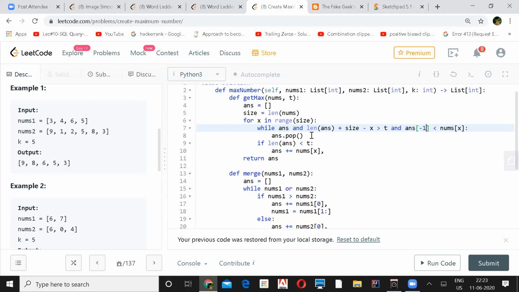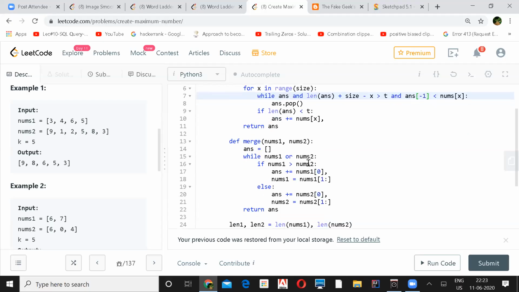Then I think the other thing you mentioned, the merge one, is also slightly tricky. Merge is like this: as long as both nums1 and nums2 are not null, if nums1 is greater than nums2, then we append the first number of nums1 to the answer, and when you append it, you remove that number and pass the rest, from 1 to the end.